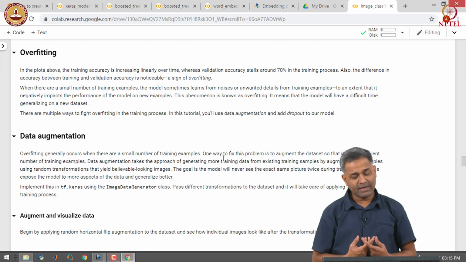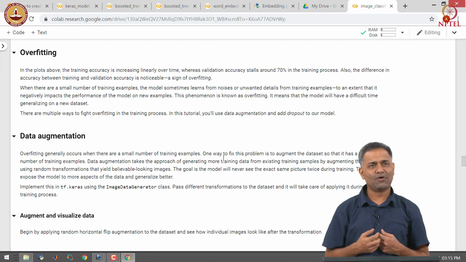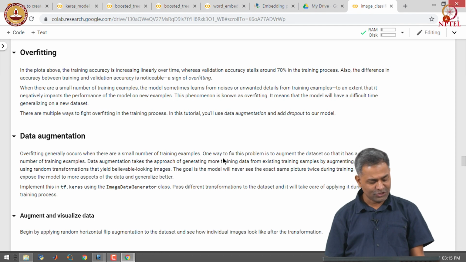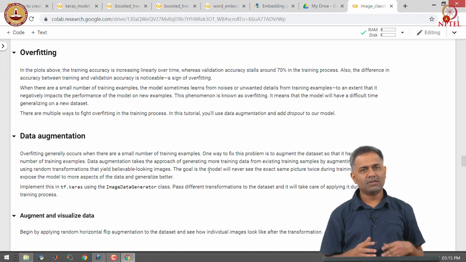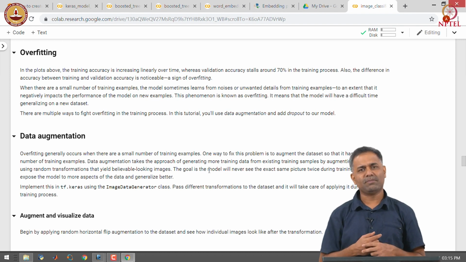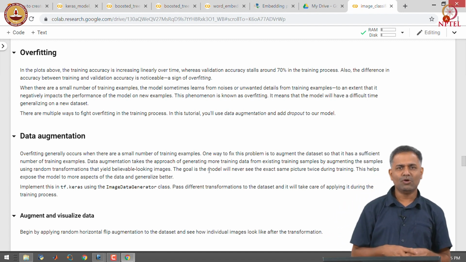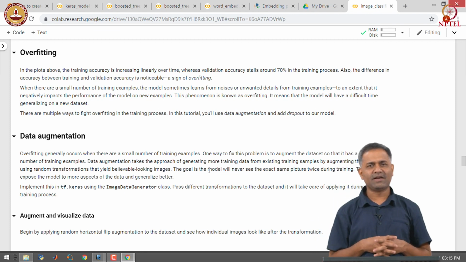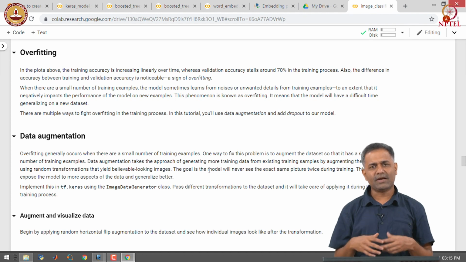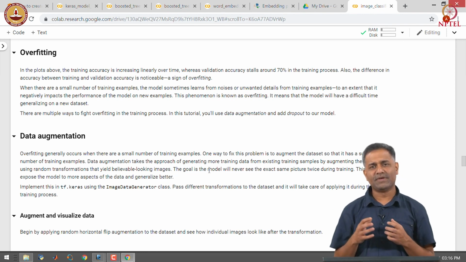So, we will use data augmentation and dropout as two strategies for fighting the overfitting problem. In data augmentation, we will take the existing images and perform certain transformations on them to gather more data. So, what kind of transformations do we do? We can rotate the image, we can translate it, we can change the scale of the image to create more and more examples of the image. The model is less likely to overfit with more data.